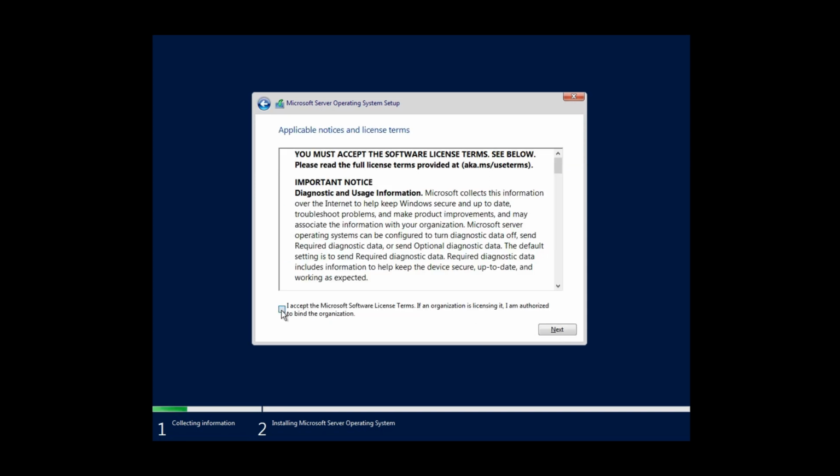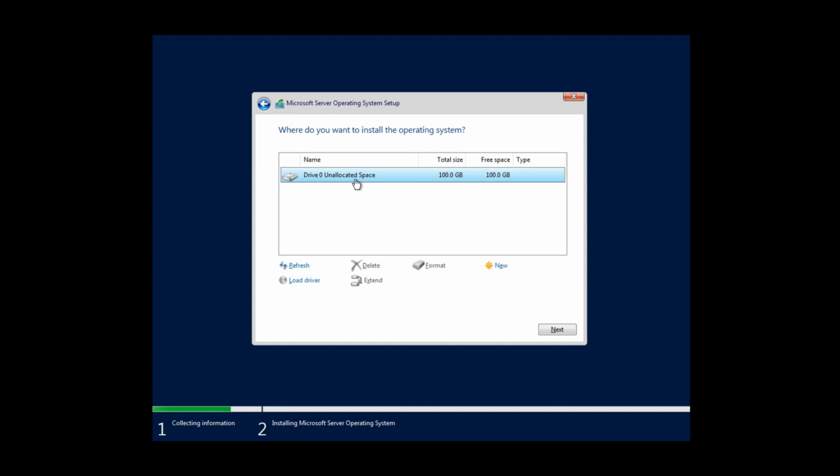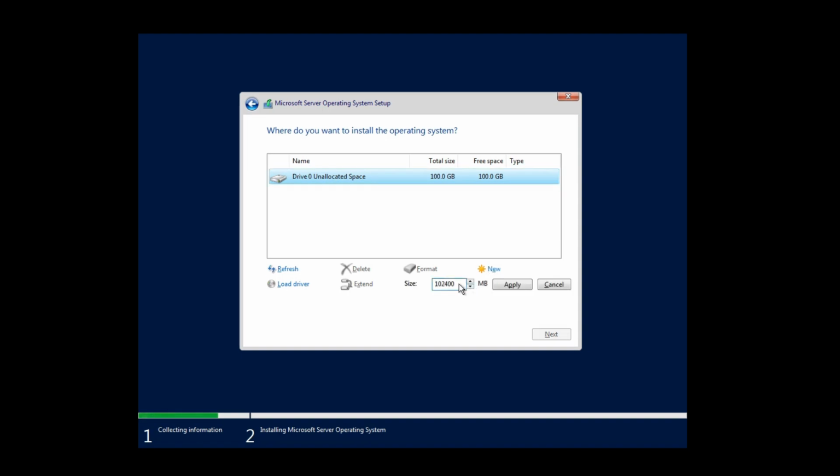Click on I accept and click Next. In here, I choose Custom Install, and I need two drives: the first drive for Windows and the second drive for the data. Click on New, and I separate the drive because I need two drives, and this one I just allow